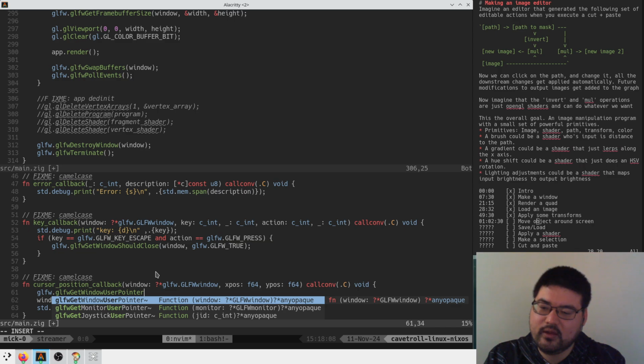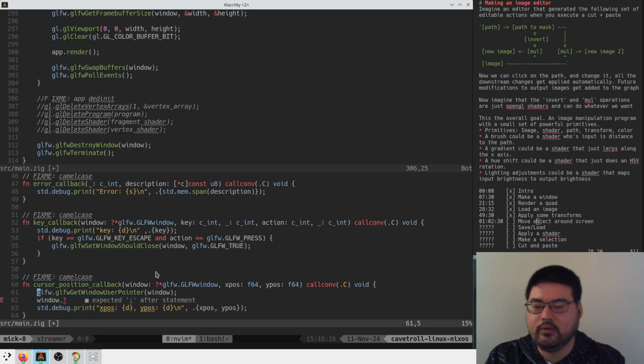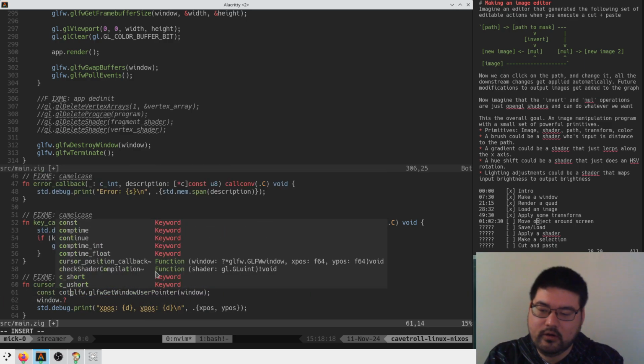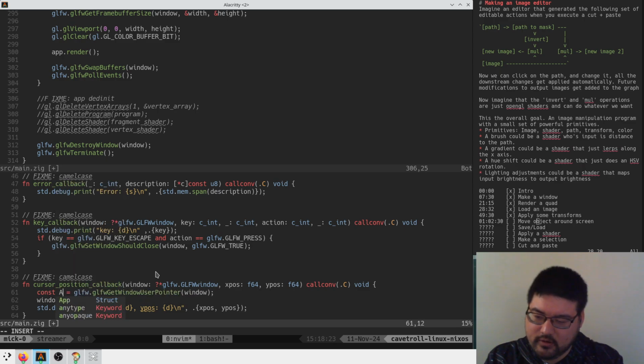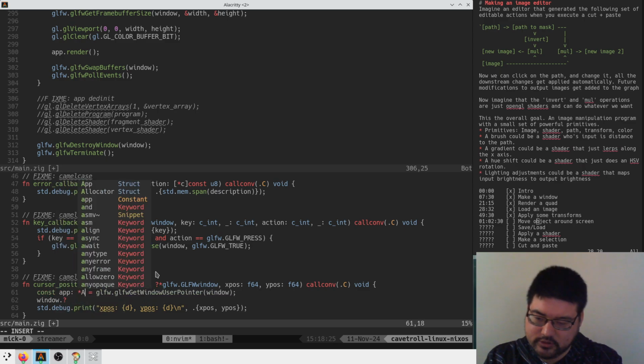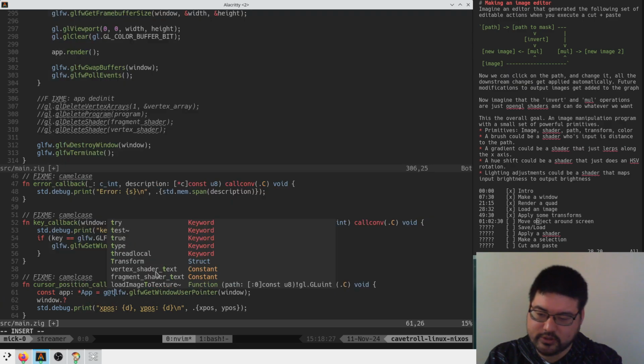I think this will allow us to attach our application as a thing that it gives us back, right? So we say, here's the window, I want my app, right? So app is a pointer to app, which comes from a pointer cast of this thing,